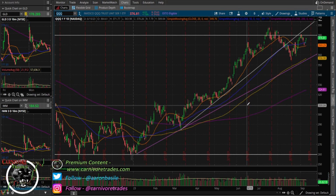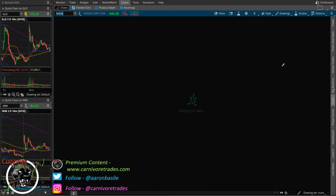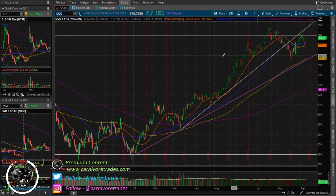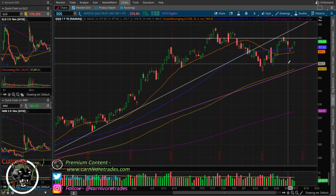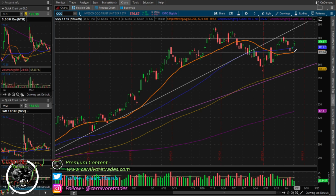Triple Qs here are getting a bid today, as you'd imagine with Tesla up, although NVIDIA is definitely on the weaker side. So a little bit of intra-sector tech rotation going on, as you see Tesla up. But Triple Qs are up 1.1% on the day. Again, 380 is still going to be pretty good resistance on the upside. And on the downside, similarly to the Spiders, you take out this level here, 366.23 on a closing basis, or even really these moving averages,